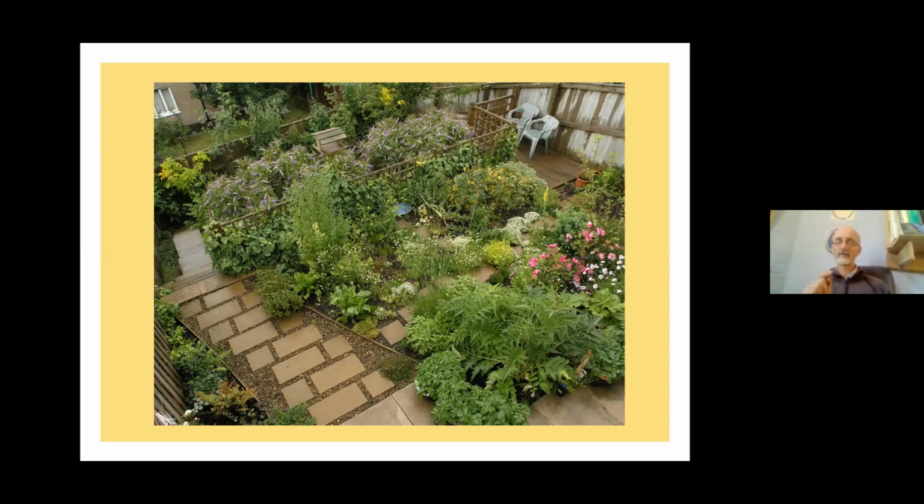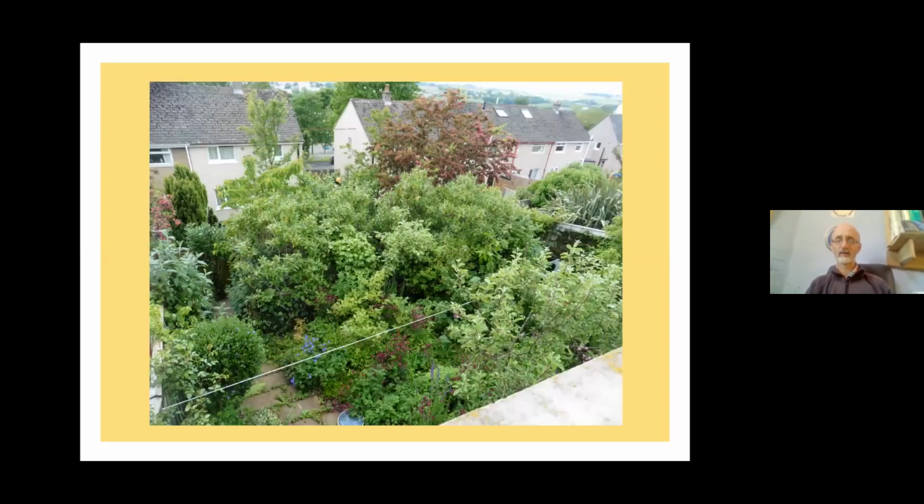So the next picture, same garden, same view again, and that's in year 7, year 8. And here we can see the canopy is more or less formed. So the apple and the plum are about as big as they will get. They will spread a bit more. They will obviously fill out a bit more. But within 8 years, we have really gone from bare ground to a full forest habitat here, and